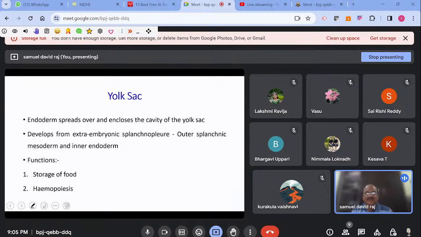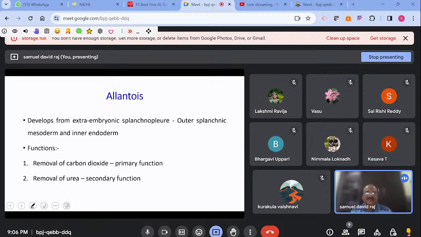And the third one is yolk sac. It develops from outer splanchnic mesoderm and inner endoderm, and it has two functions. One is storage of food, and during the embryonic development, the formation of blood cells, that is hemopoiesis, is another function of yolk sacs. And finally, coming to the allantois, it develops from the outer splanchnic mesoderm and inner endoderm, and its main function,